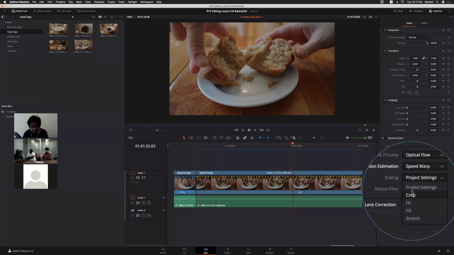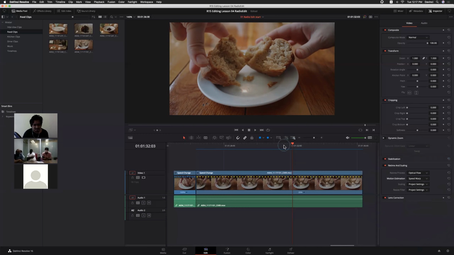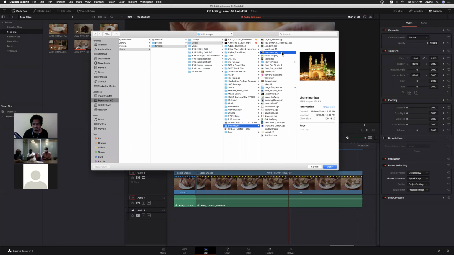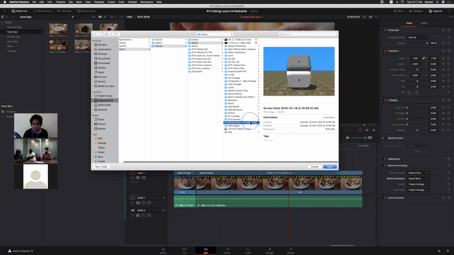Frame size doubt, yeah. Do you have any standard definition clip in this project? Okay, let me import maybe an image. Yeah, it's with a different resolution.